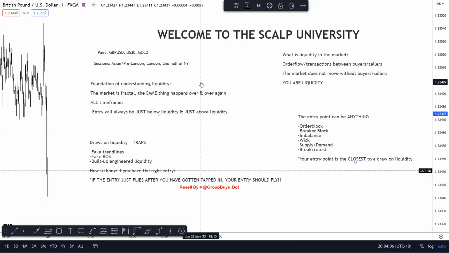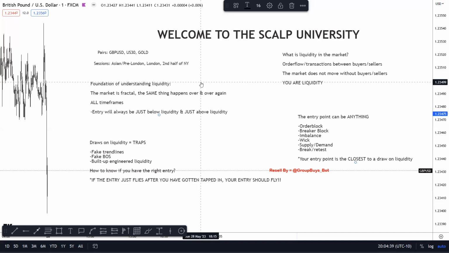Honestly, if you just look at liquidity, market structure, and price action the way that I do, you're able to gain consistent results with it, based on, of course, your trading plan and the strategy that you're going to implement, your system added on to this scalp strategy. So basically, you're going to be understanding how to scalp.